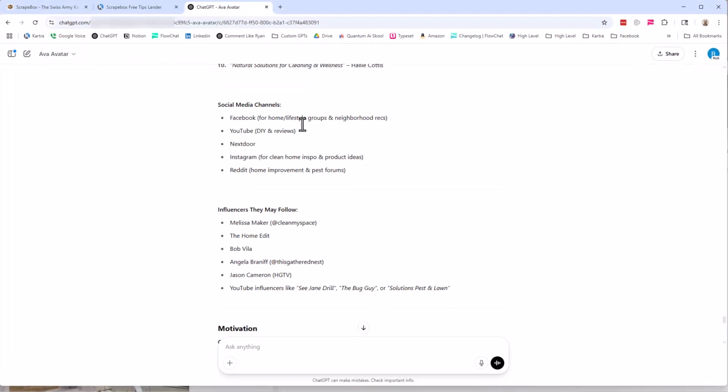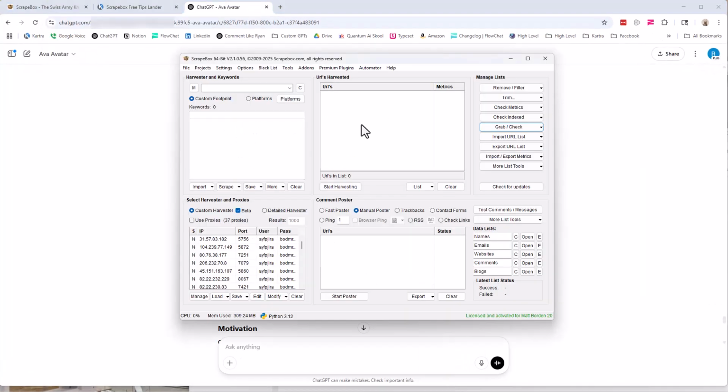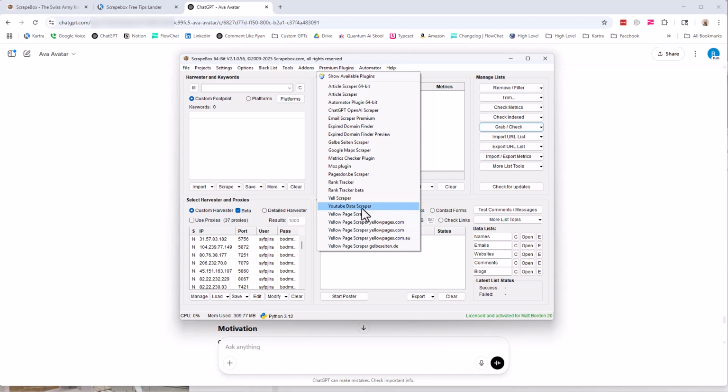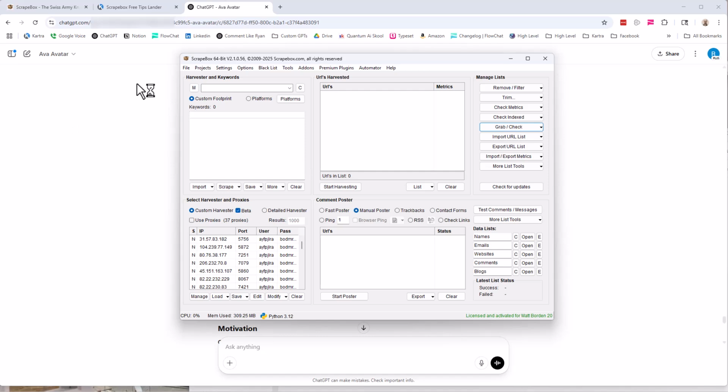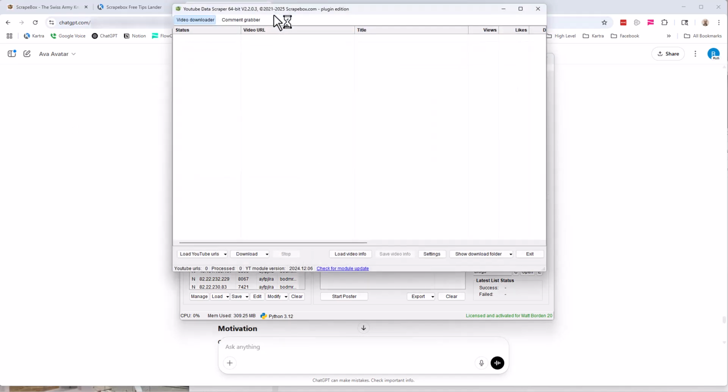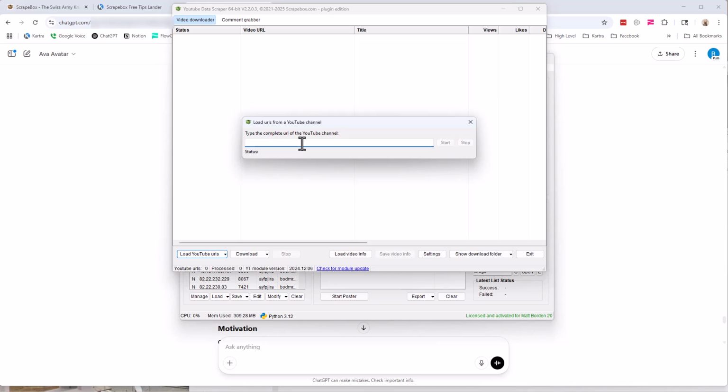Right, so now we can make YouTube videos, and we can even go over here with the YouTube add-on in Scrapebox and get the YouTube data scraper plugin. And I could go get my competitors' YouTube channels, and plug in the YouTube channel URL, and load YouTube channel videos. And so I can go to each one of my competitors and get all of their videos off their channel. And so then I can download the videos, I can analyze them,